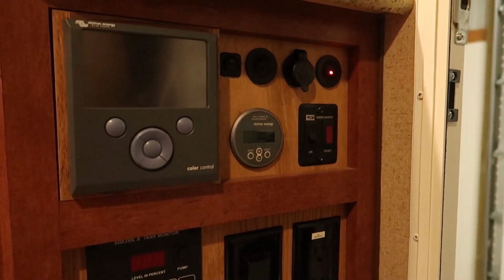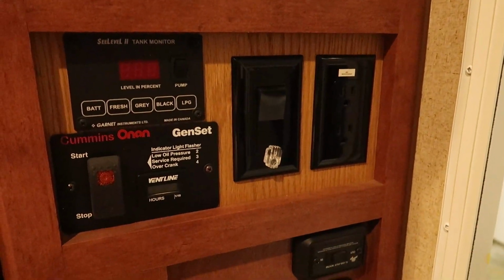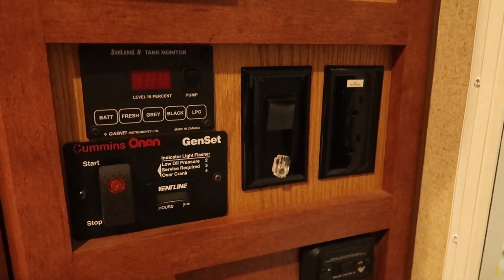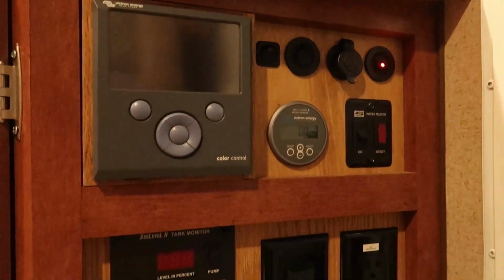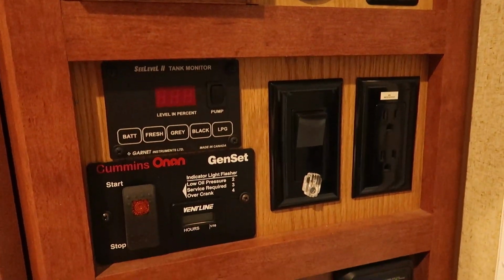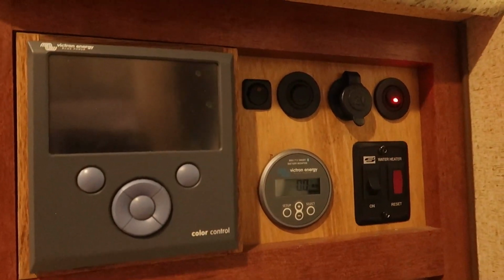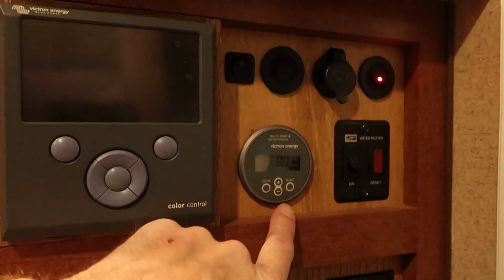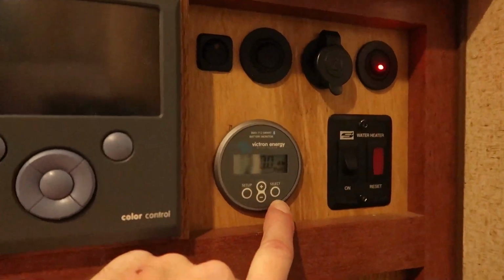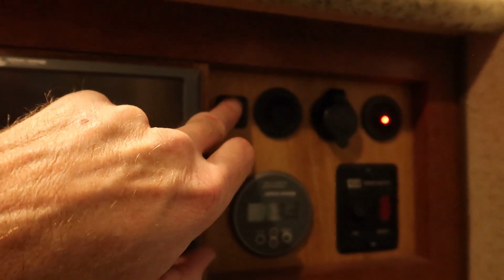This is a control center or switch panel right inside the door. My earlier model Arctic Fox didn't have the big integrated black switch control panel with everything built into it. It was stuff arranged in various locations in this cabinet in wood paneling. And I have actually taken out both of the original wood panelings and built my own and rearranged a bunch of stuff. So I have Victron BMV 712 here, my inverter control,